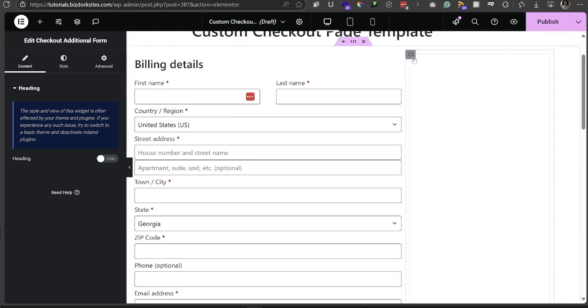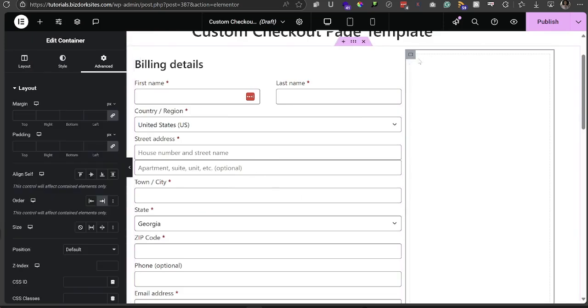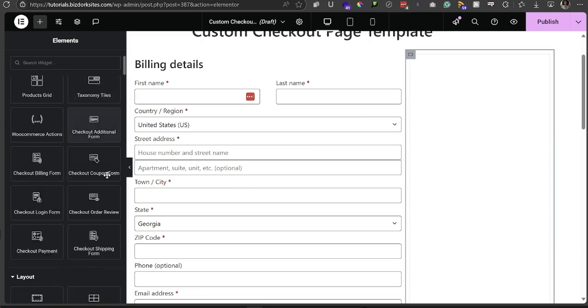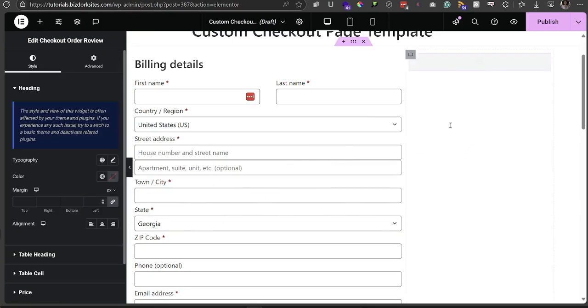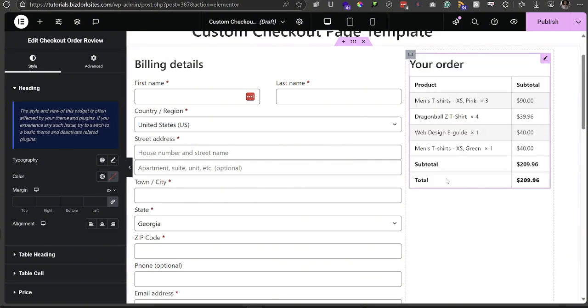So now for the right side, well, for starters, we need the summary. So I'm going to go to the widgets. I'm going to scroll down, and as you see, you have the checkout payment, and then you have the checkout order review, and both of those are what we need. So I'm going to drop in the order review right here. So basically, this is just a summary of everything that they had in their cart, and since they're on checkout now, they can revisit everything that they have in their cart,